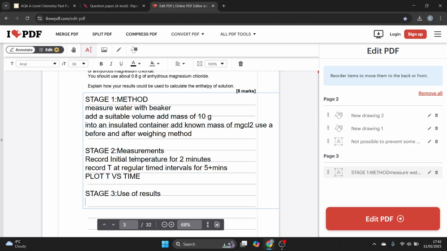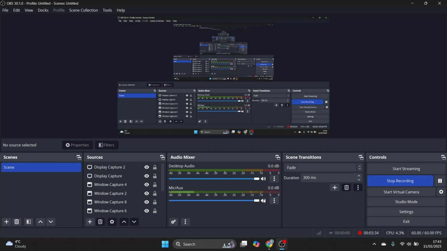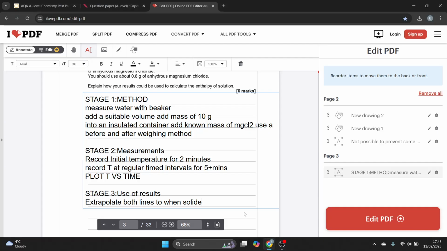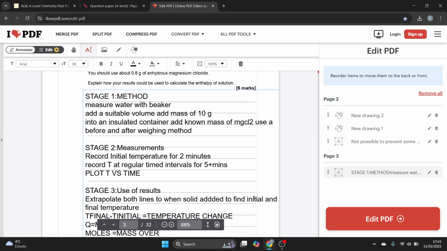And then stage 3, the use of results. Explain how your results could be used to calculate the enthalpy of solution. The idea, we want to extrapolate both lines to when solid added, to find the initial and final temperature, and that's the temperature change. And then we use T final minus T initial equals your temperature change, and then use Q equals mc delta T, then use moles equals mass over Mr, and then you can find finally your enthalpy of solution, which in this case is going to be,